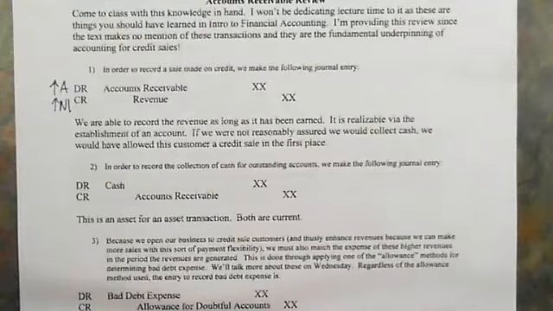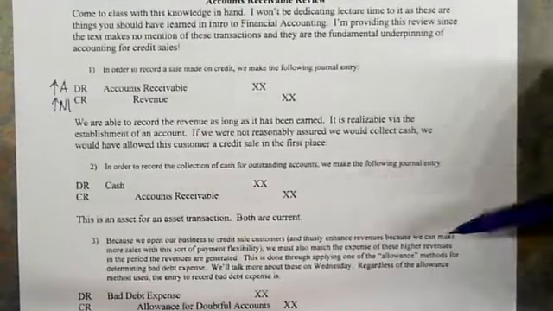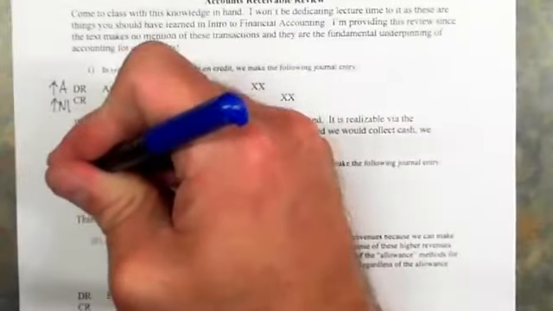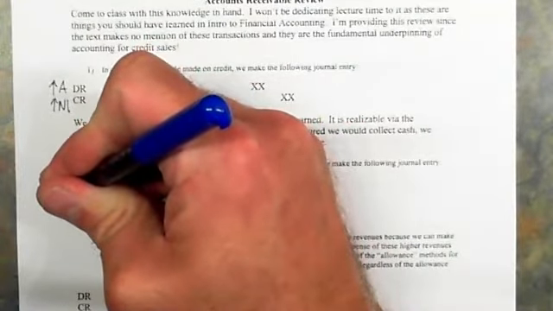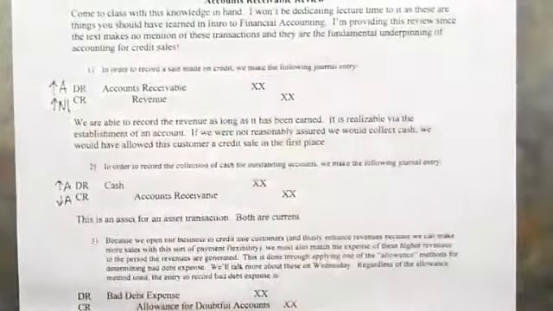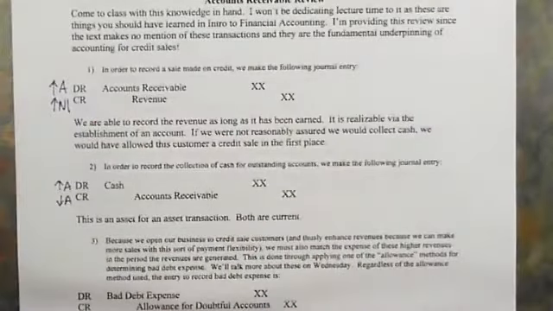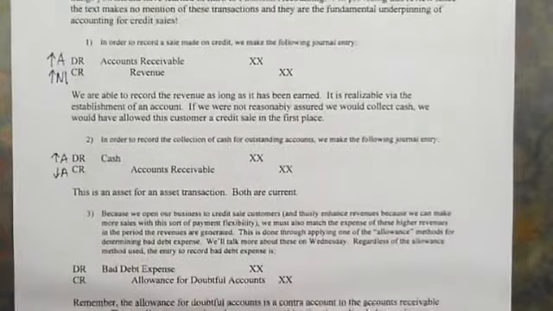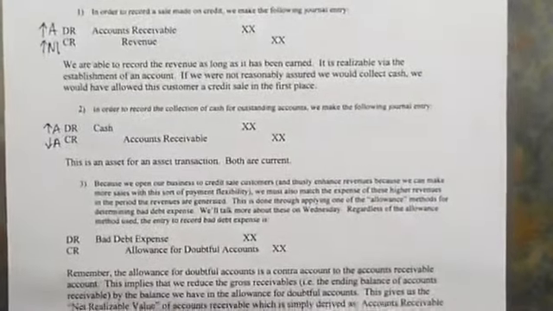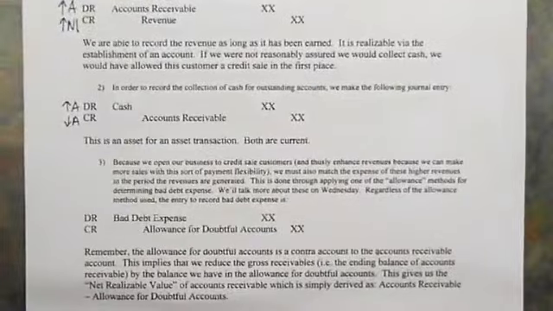In order to collect on these accounts, we have to go to our customers and make our collections. Whenever we make a collection, this is just a debit to cash and a credit to accounts receivable. People are pretty familiar with these two. Asset for an asset transition, both of them are current. Nothing really new here. So what arises then, which starts becoming problematic typically for students, is that because we are